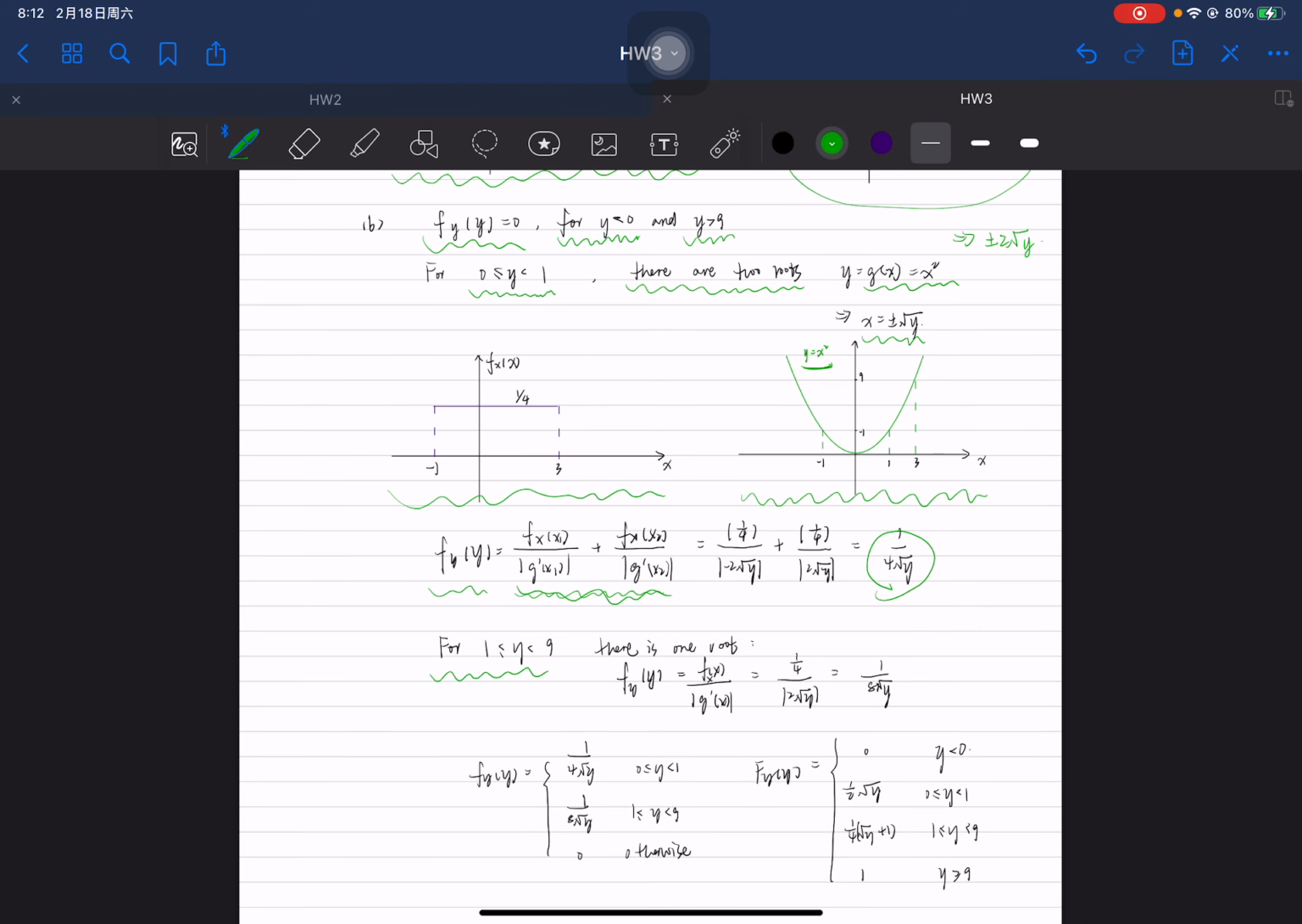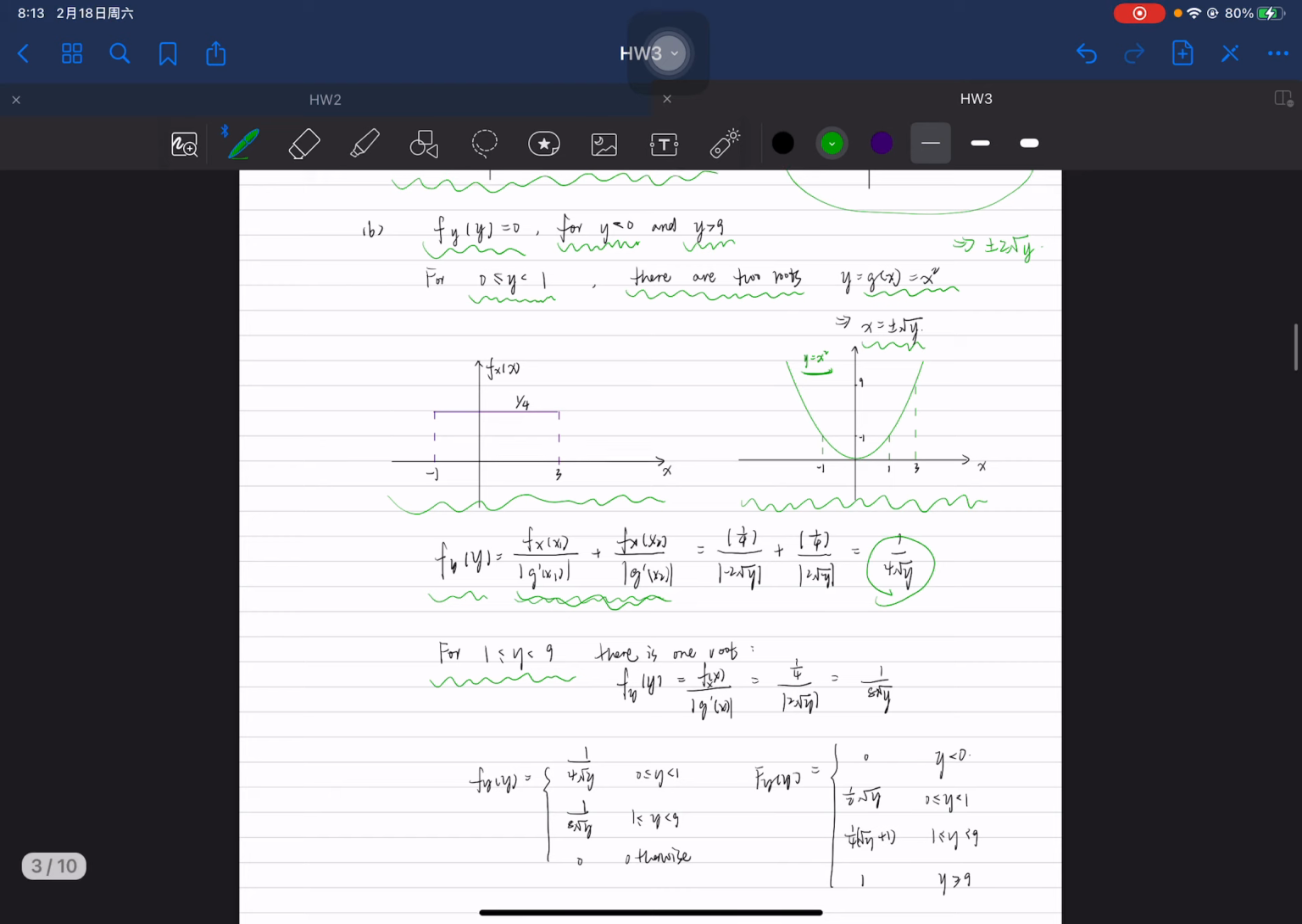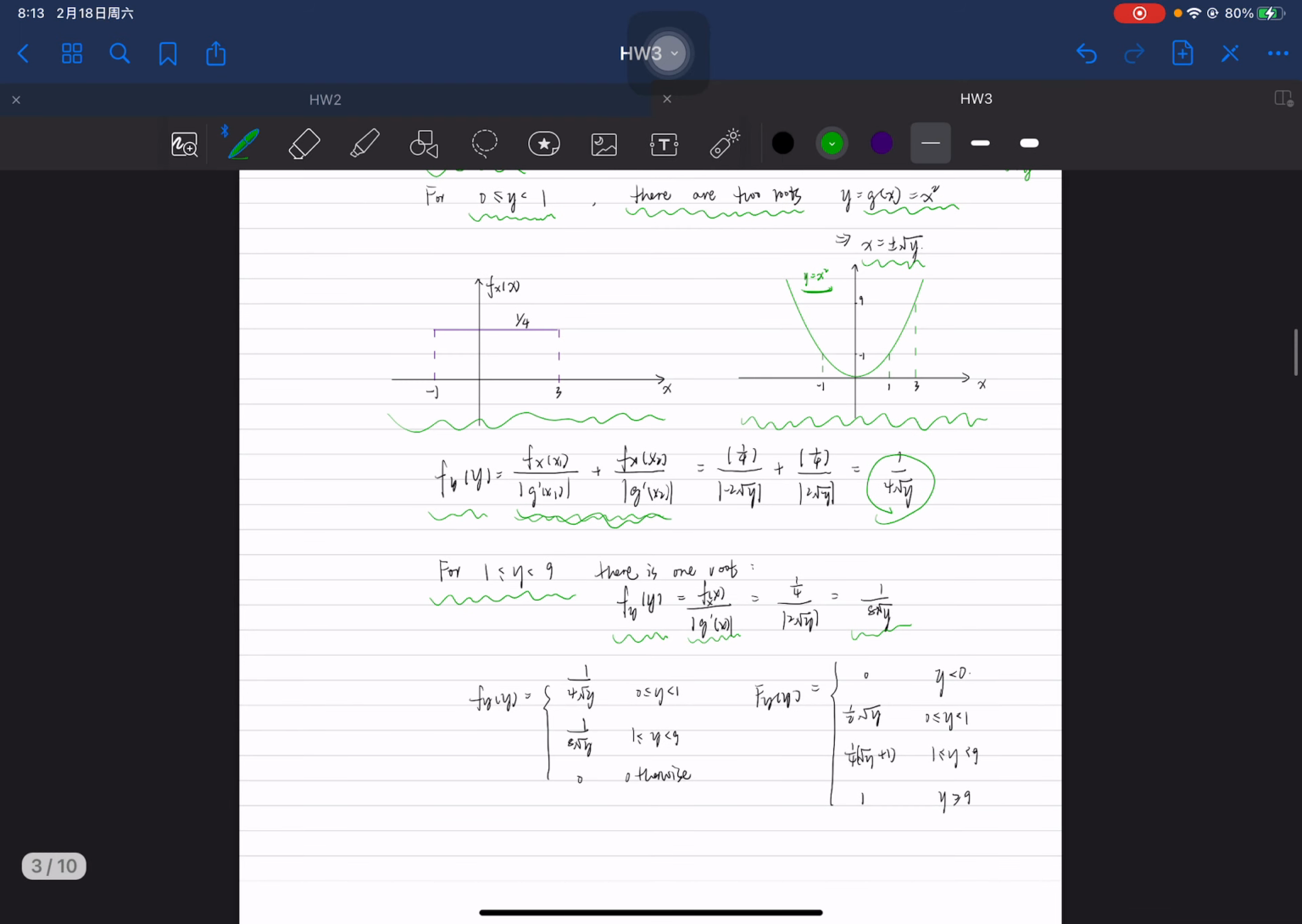For y in the range of 1 to 9, there is one root, which is that the density function of fy should equal the density function of x over the absolute value of the derivative of g(x), which equals 1 over 8 times square root of y,